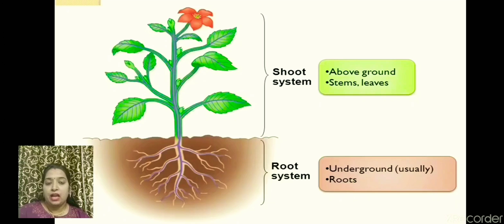As you know, we as human beings are also able to stand straight. Why? We have a perfect body posture. Because of bones. Bones provide support to us. In the same way, children, plants also get support from the stem. So the stem is the main part of a plant which is above the soil, and it gives support to the plant to stand straight. It bears many branches, flowers, buds, and fruit, right?